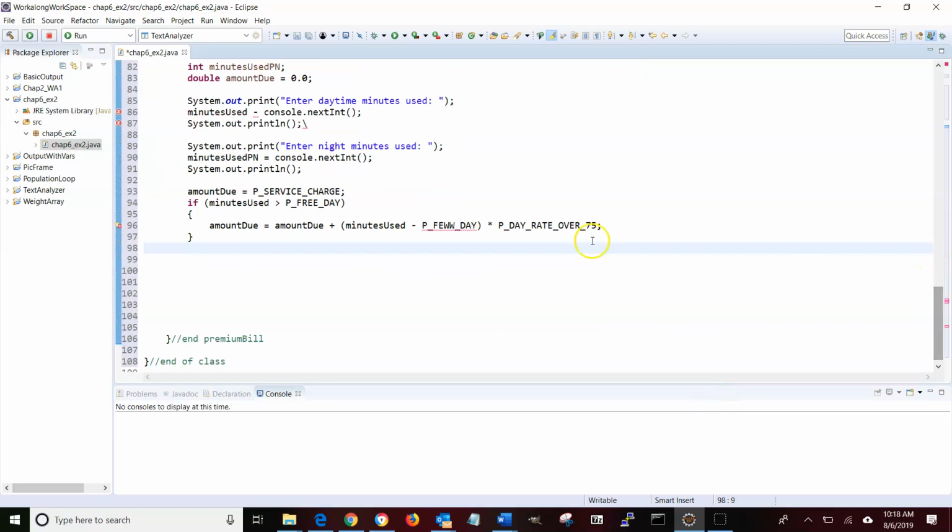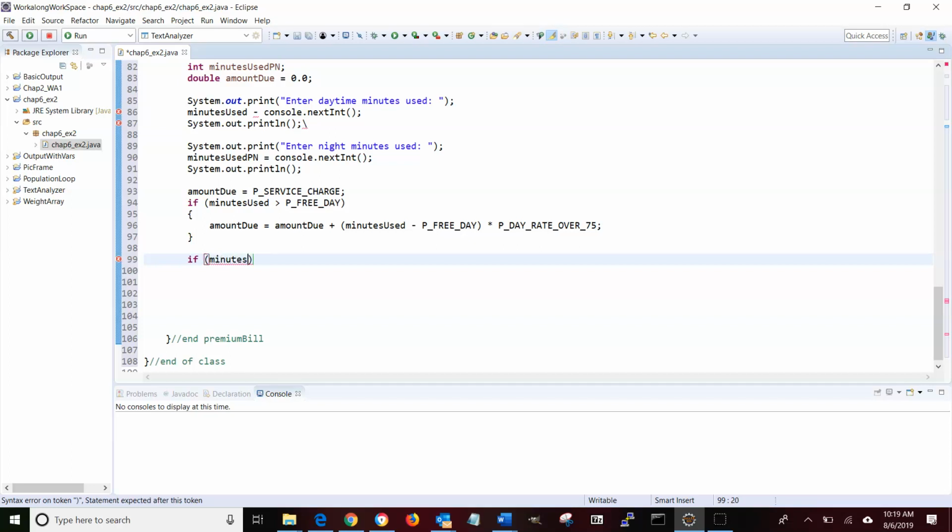I am going to do another if though. Oh, got a typo. Free. Alright, so that's for the daytime minutes. Now we're going to figure out for the nighttime minutes. So if minutesUsedPN is greater than P_free_night,